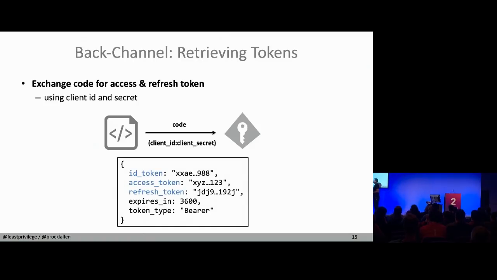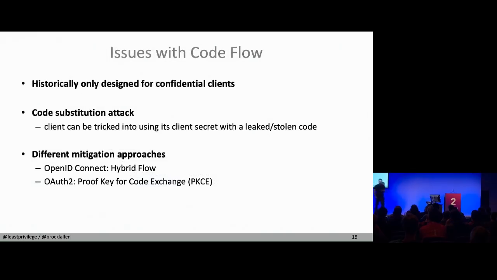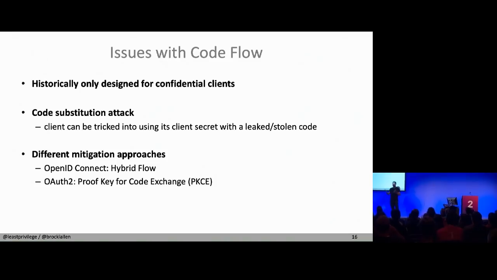Suddenly, unfortunately, attackers are also very clever. Yeah, and they find new and exciting ways to attack our system. And one problem that code flow can't solve is the so-called code substitution attack. And the code substitution attack means if I can steal a code from somewhere, maybe with a network sniffer, or maybe I can trick you into logging into a malicious application, I can steal your code coming back from the